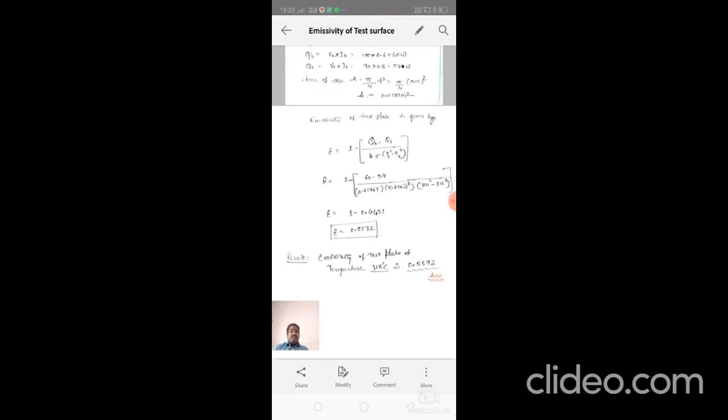Okay, so this is how the emissivity can be tested for the different surfaces. Here we have taken a gray body. Other than the gray body, you can test any other surface other than a black body. But remember that the black body is our standard because it gives 100% emissivity. So all the surfaces other than the black body have emissivity less than 1. You should keep that in mind.